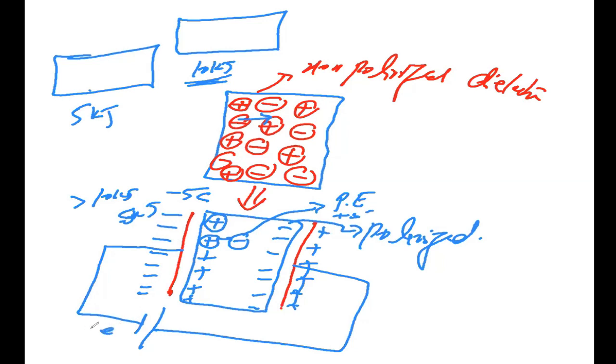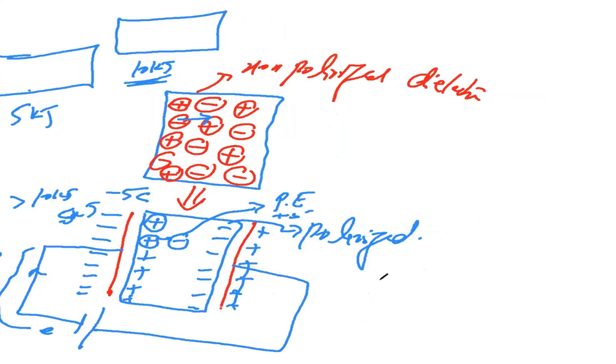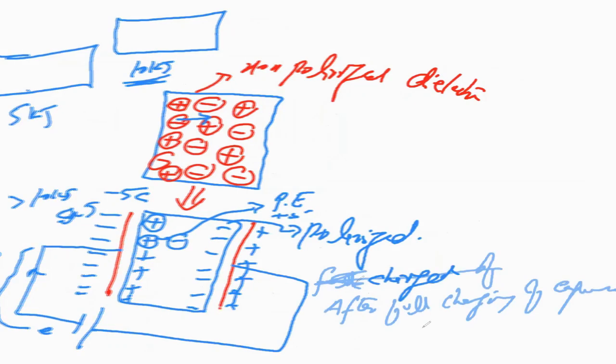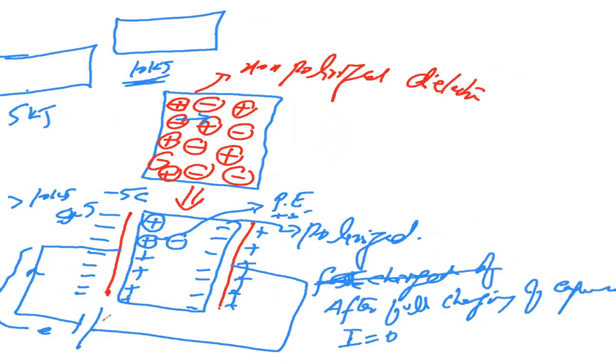But when the sixth electron goes over here, these 5 electrons will repel it. These 5 electrons will not allow the sixth electron to come over here and be stored. So you can say that the current will become zero. When your capacitor is fully charged, your current will become zero. So you can say that my capacitor is charged. If you use an ammeter over here and you get zero current in this ammeter, you can say that my capacitor is charged. There will be no current when the capacitor is charged.